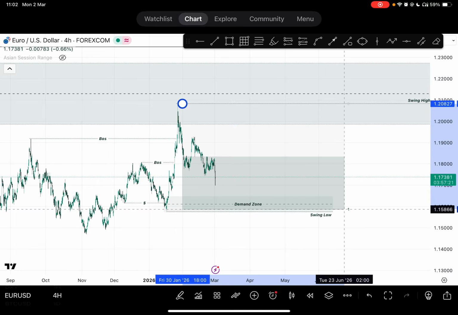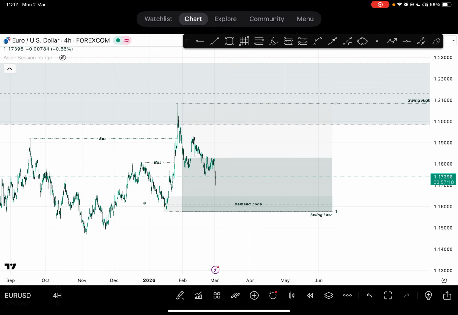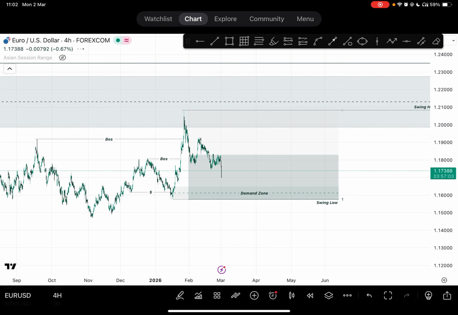So at this point, we have seen clearly that price has moved. At this point, we have seen that price has moved down to the discount price range. So buying at this point may still be dangerous, right? Selling at this point may still be dangerous without a clear confirmation signal to tell us that the pullback still